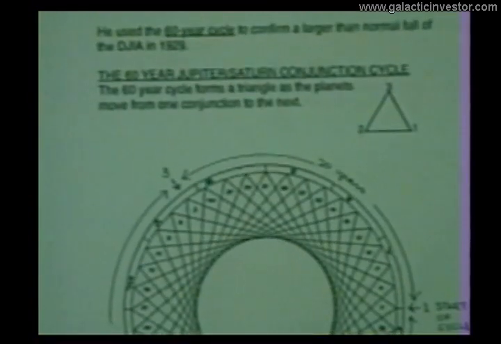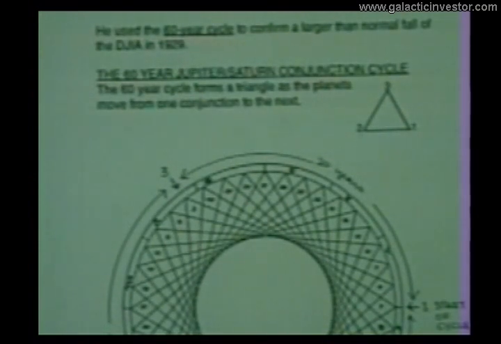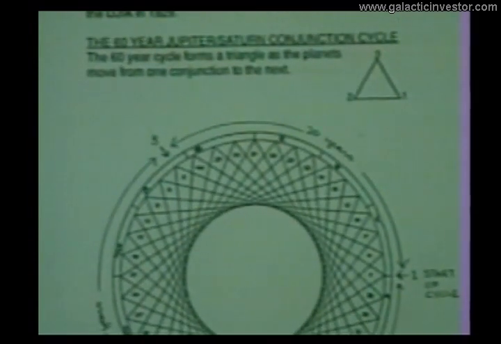Other larger term things that Jeanne looked at, larger term cycles at work, was looking at his 60-year cycle. And this is important to pay attention to, because it helps you predict certain things that otherwise you could make a grave error on. And the 60-year cycle is still using the Jupiter-Saturn conjunctions, but if you look at this